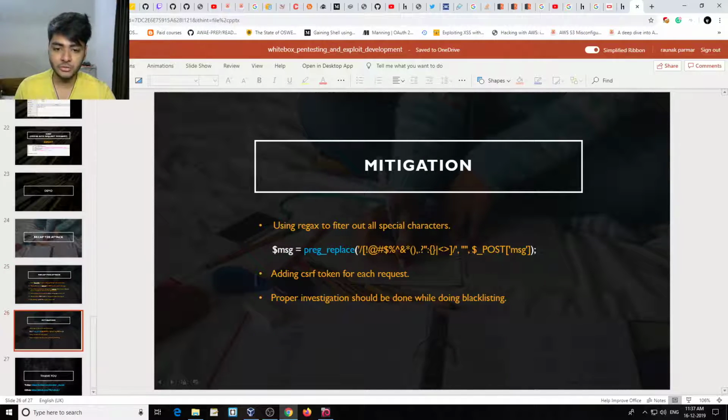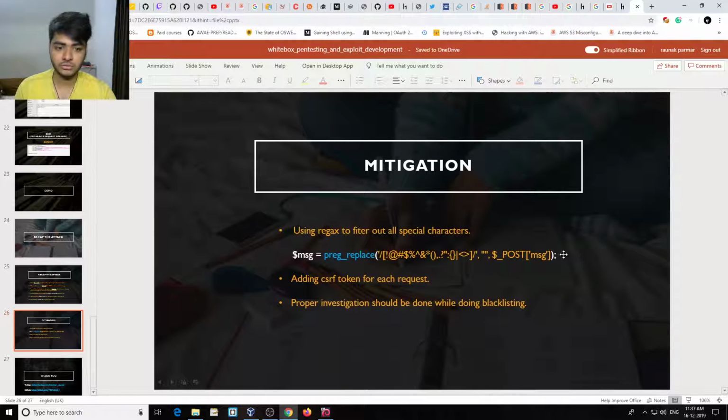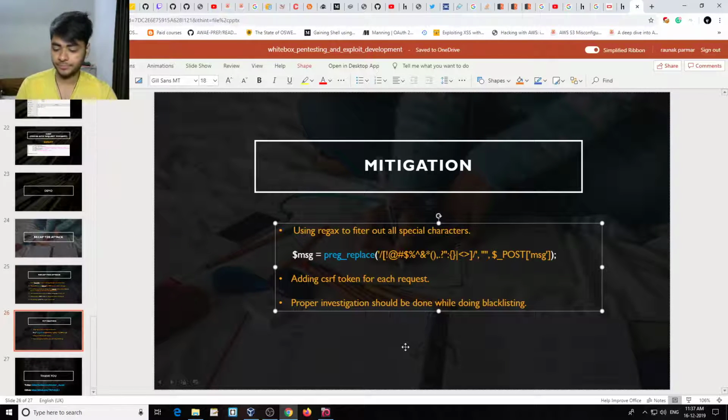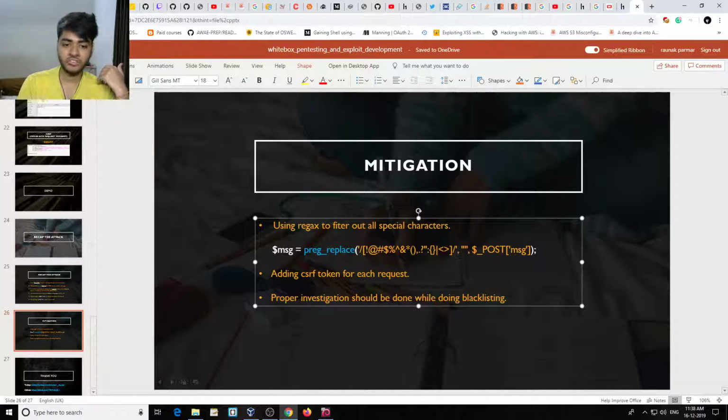So the mitigations could be, I've already shown you this one. We can remove any special characters from the user input,